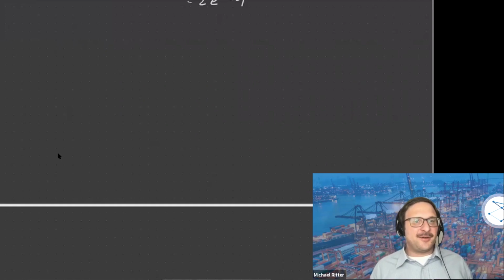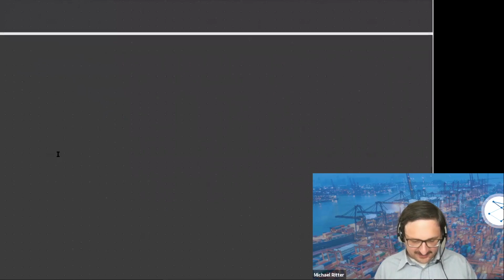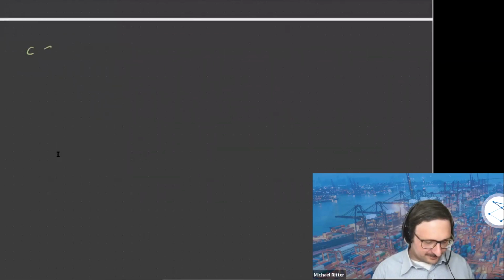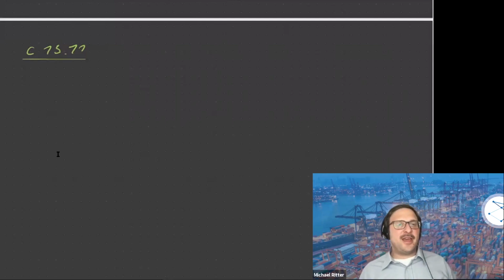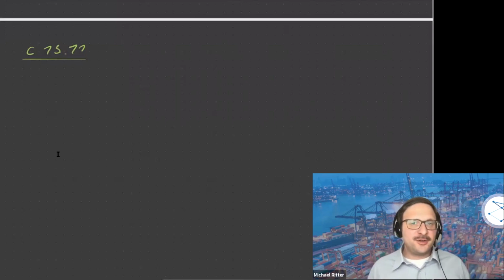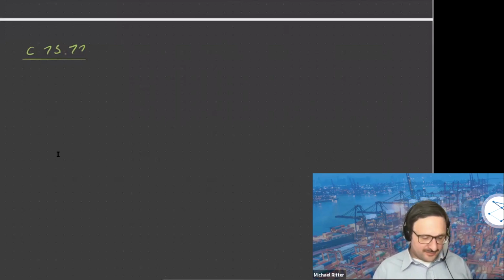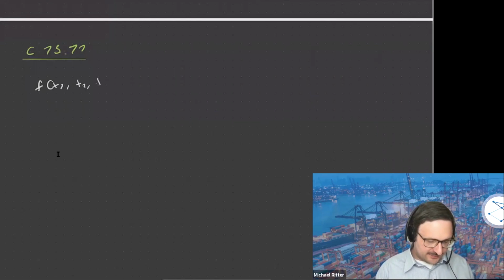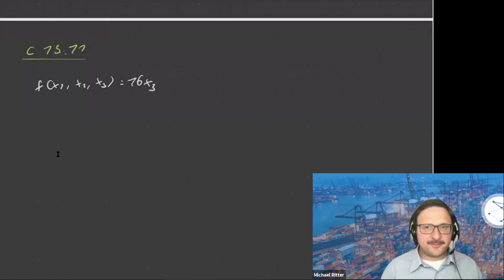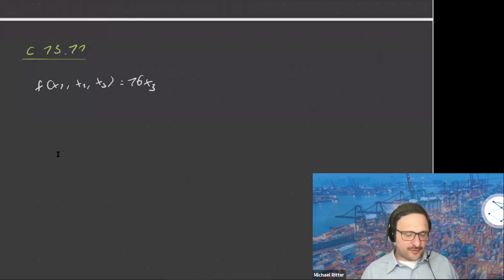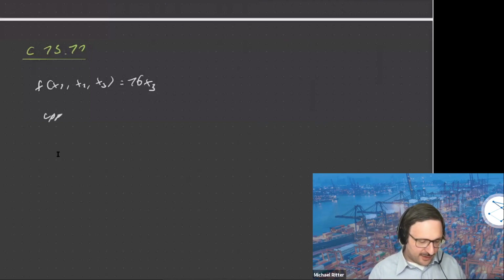Okay, so then let's go on with 1311, the final one for this sheet. Getting easier and easier. So here we're being asked to integrate a function in 3 dimensions. The function f of x1, x2, x3 is defined as 16x3. And we're being asked to integrate that over the upper half